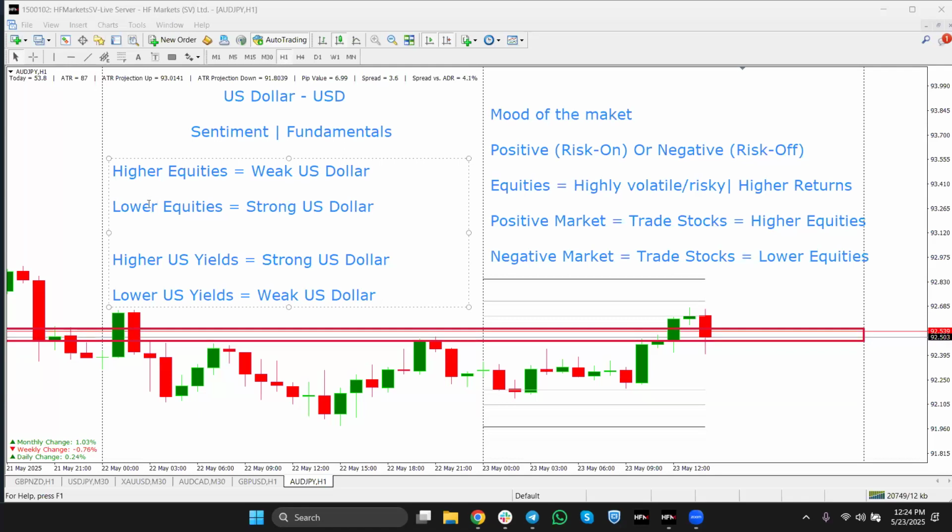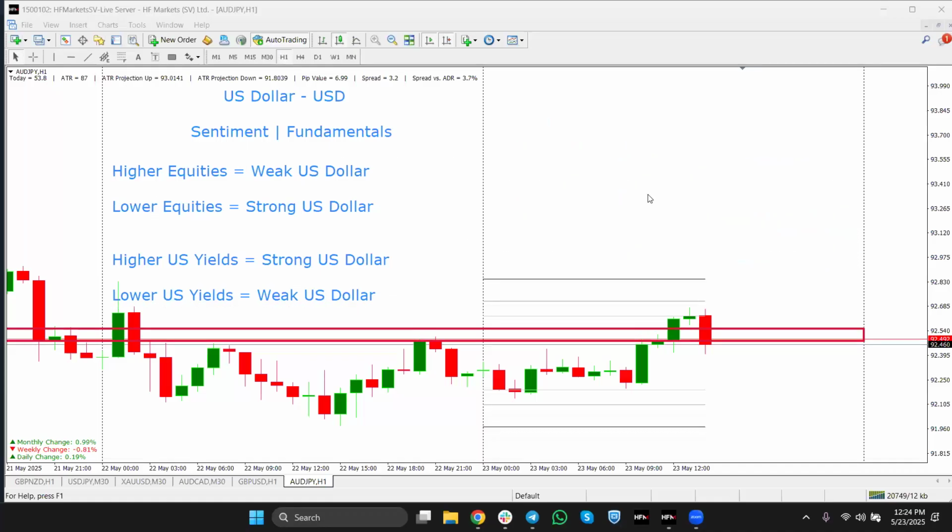Now, in this regard, if the stories are coming from an equities point of view, we should see a negative impact on the dollar, especially if it is higher equities. If it is lower equities, we should see strength for the dollar. But from the yield side, or the bonds market point of view, if yields are higher, that's good for the dollar. If yields are lower, that's bad for the dollar. And now this means, in terms of trading,